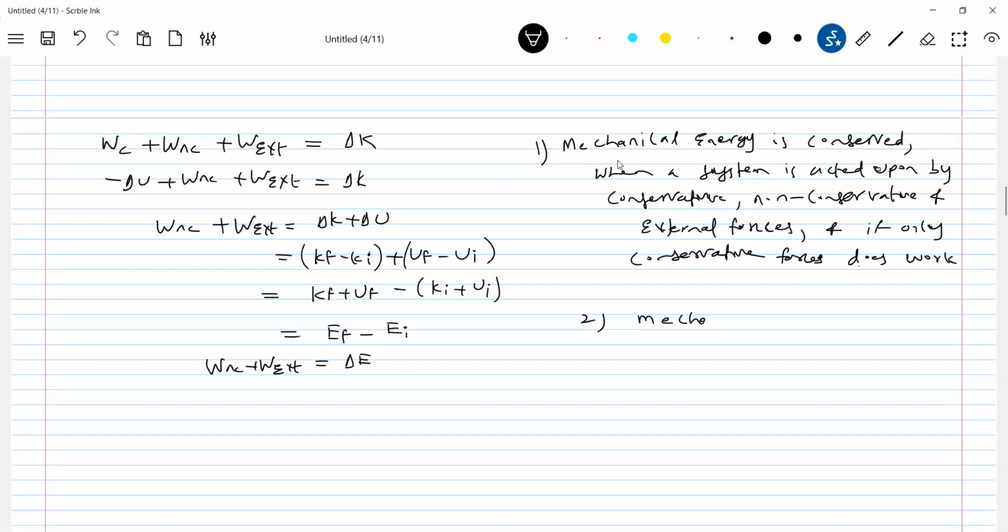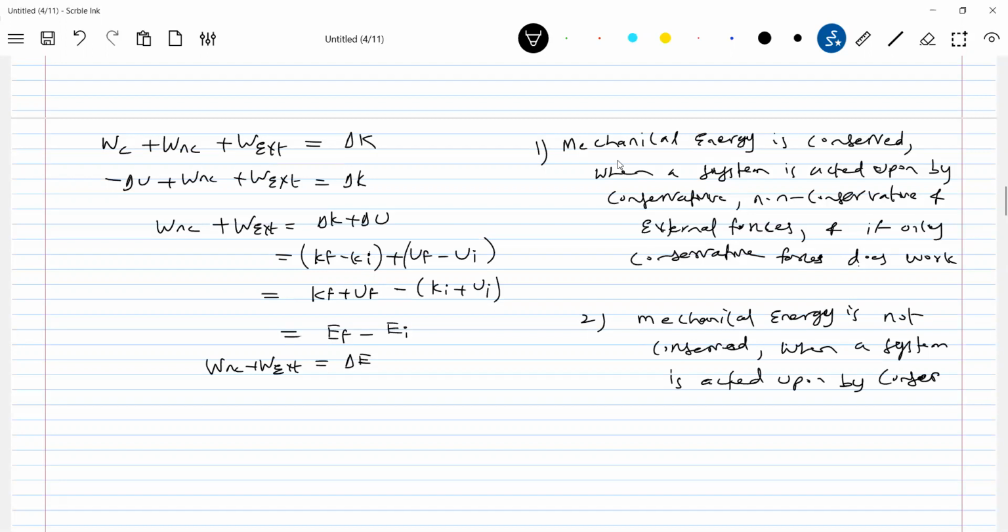Mechanical energy is not conserved when a system is acted upon by conservative, non-conservative and external forces,